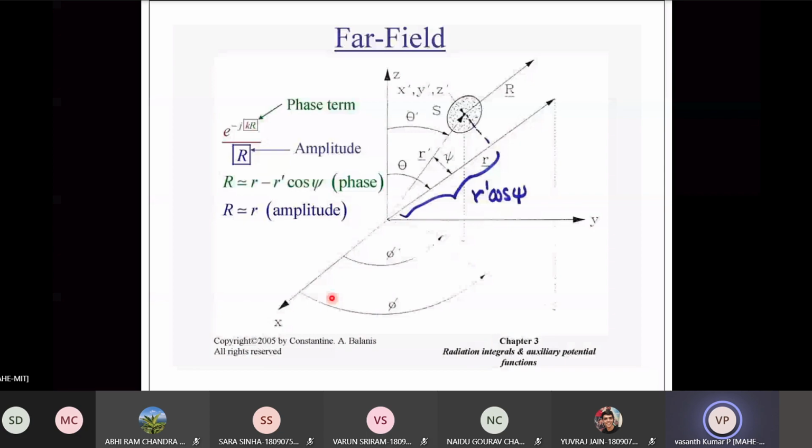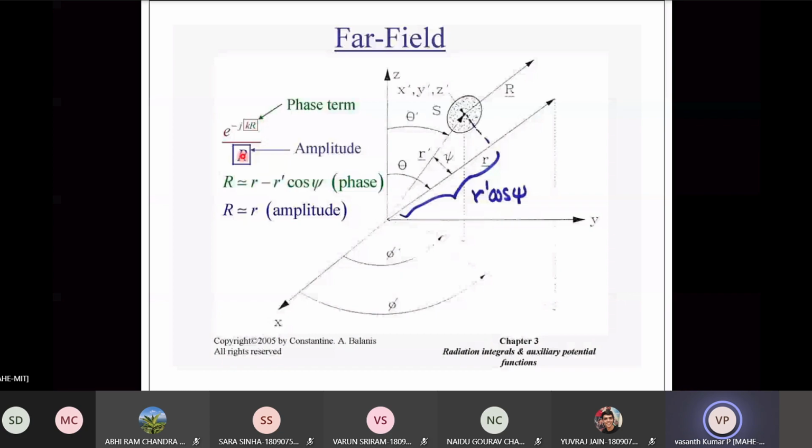So here, the solution of the wave equation had e to the power of minus jkr by r. Now e to the power of minus jkr is the phase term. Okay, it represents the phase due to delay. There is another phase term, j omega t. We are not considering that, that is due to time variation. This is due to space movement of the wave from the source to the point of observation. So this is the phase delay.